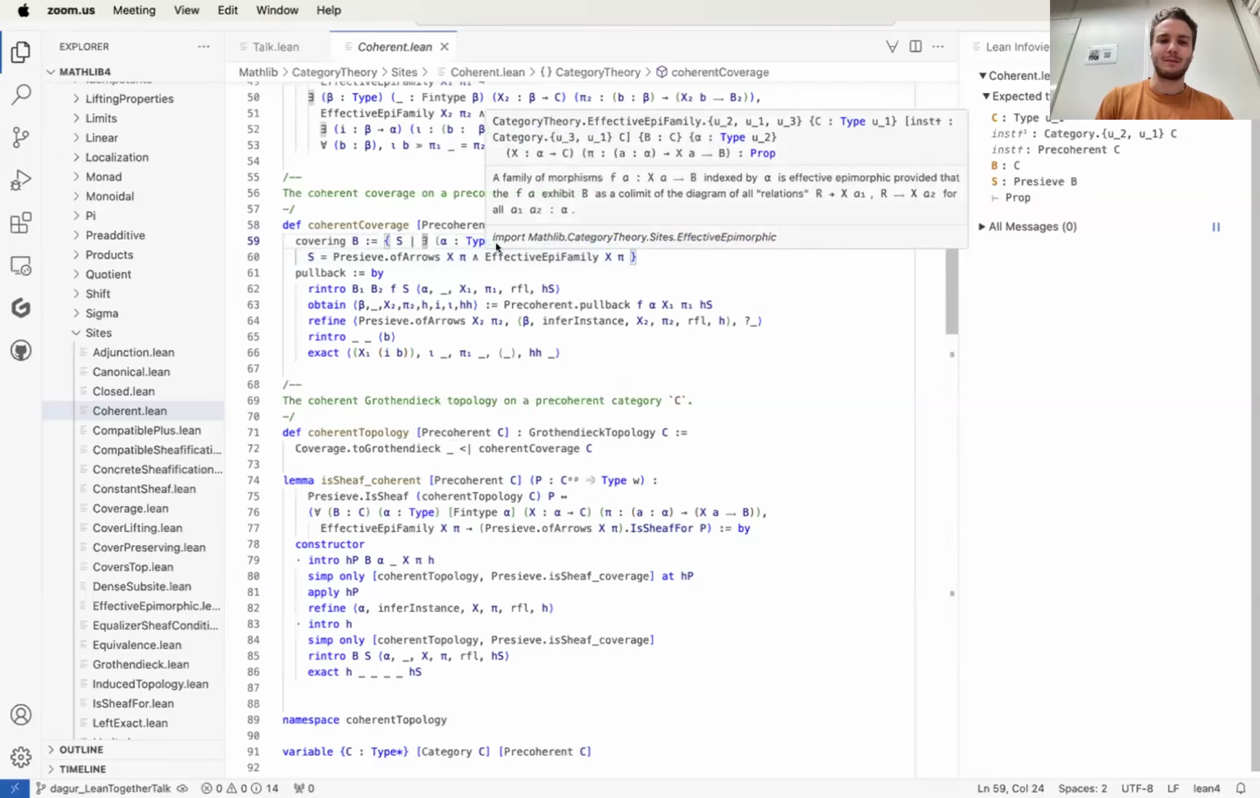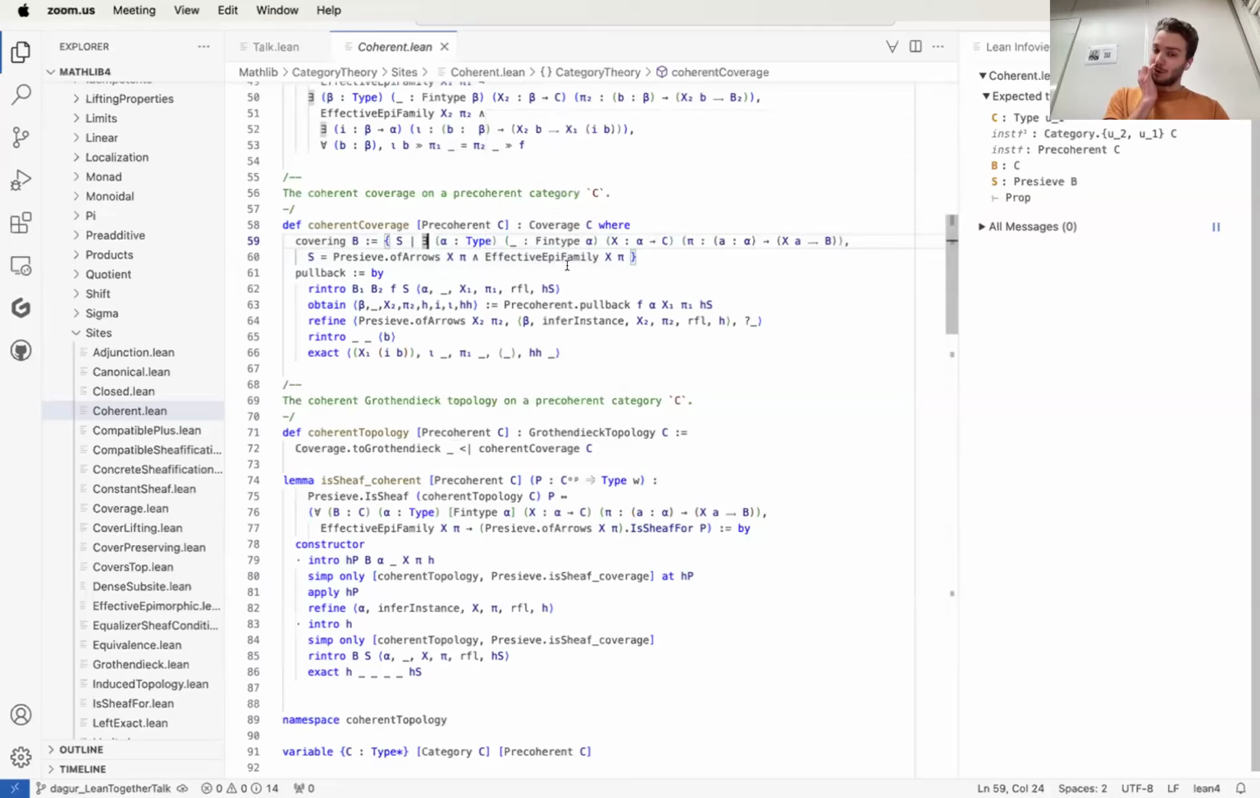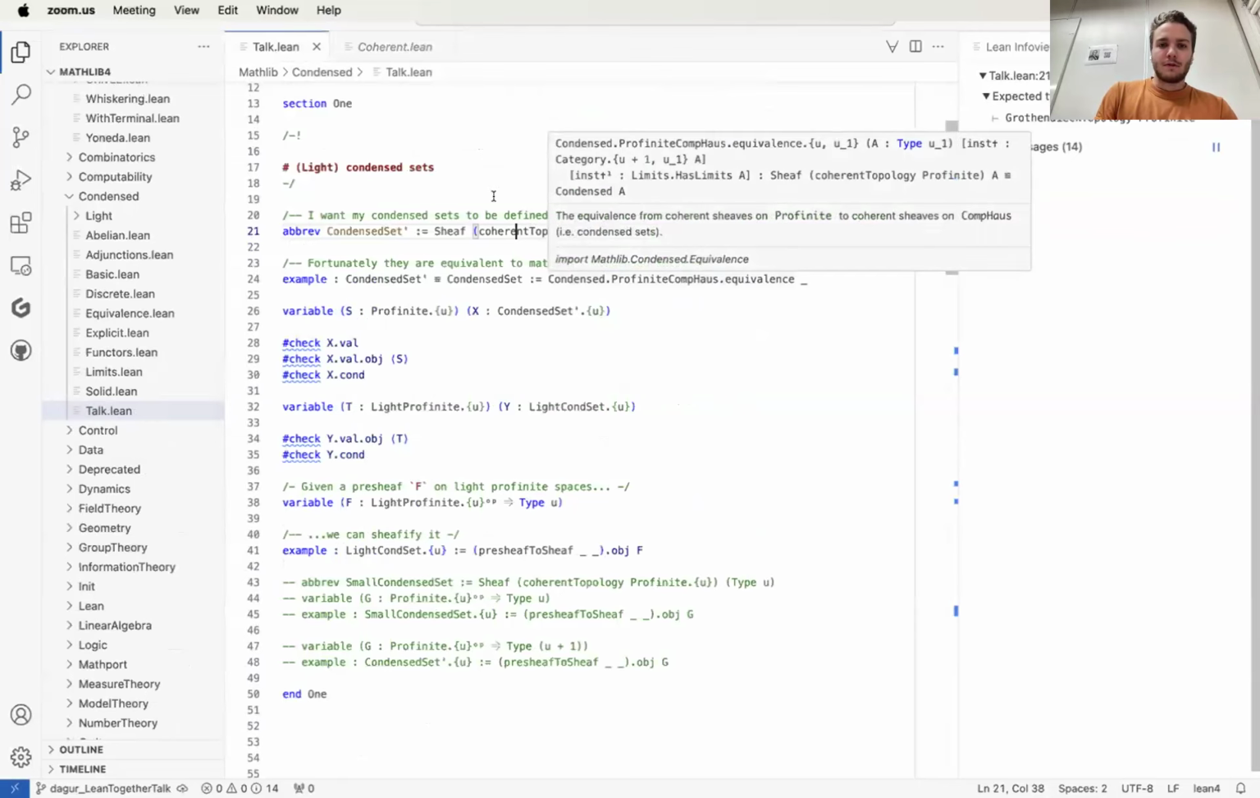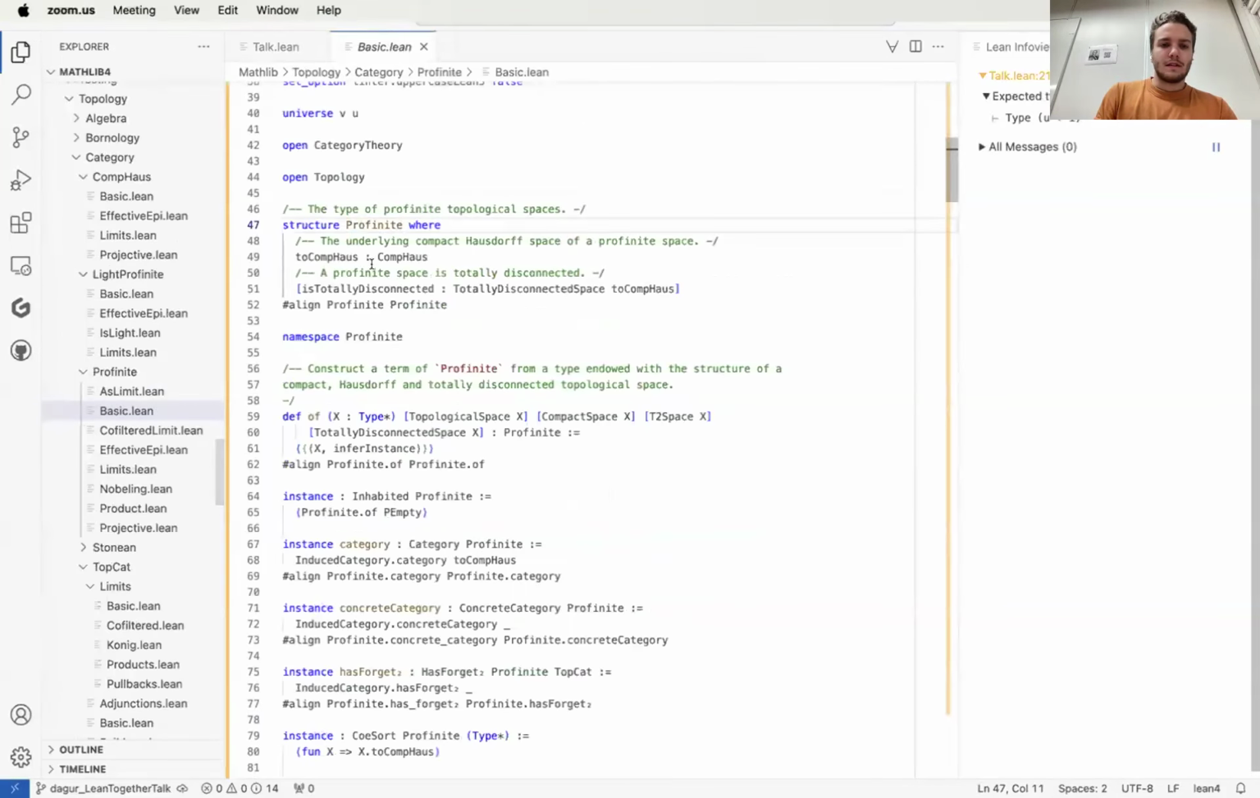It's a bit hard to read maybe, but it says finite effective epi families. It's all about these effective epimorphisms, which is a very general categorical concept, but it's sort of an analog of quotient maps in topology. And when your topological spaces are compact Hausdorff, then a quotient map is equivalent to a continuous surjection. So it just means surjective in this case. And profinite is just a compact Hausdorff